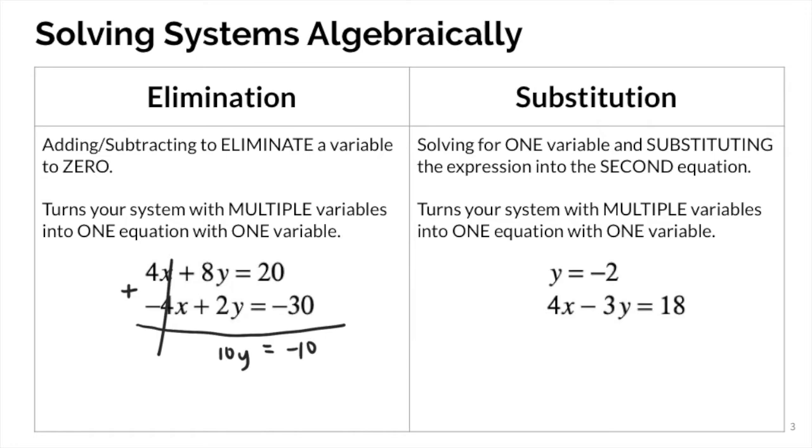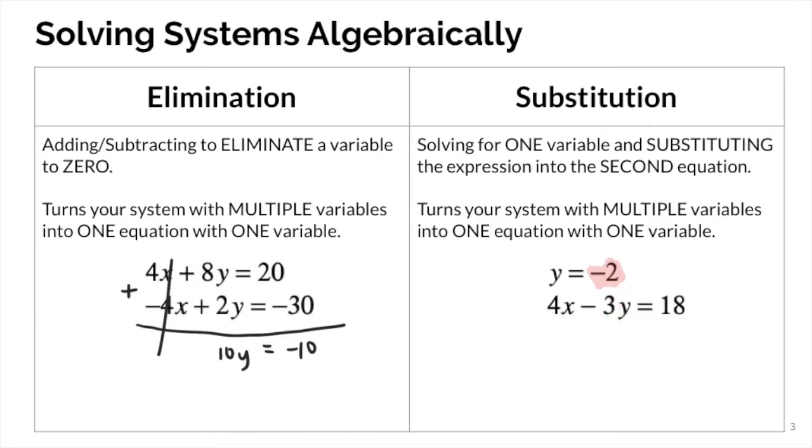Now, when we're dealing with substitution, it's a little bit different. So we would solve for one variable and then substitute the expression that our variable equals into the second equation, right? So for this example, we have that y equals negative 2. So I can actually just substitute this expression, or this constant negative 2, into my second equation when I see